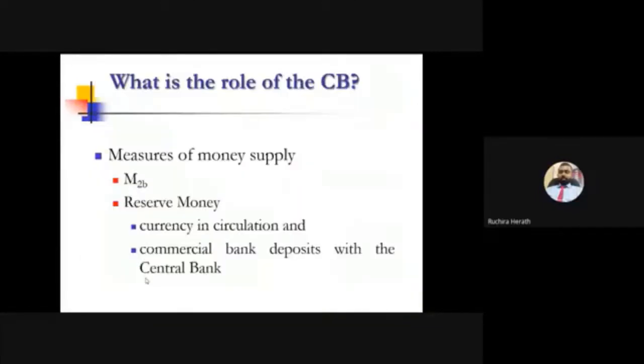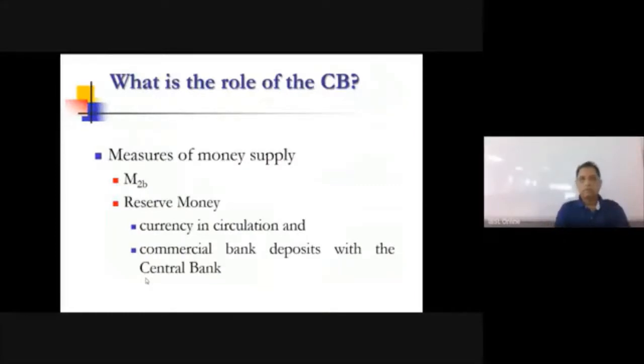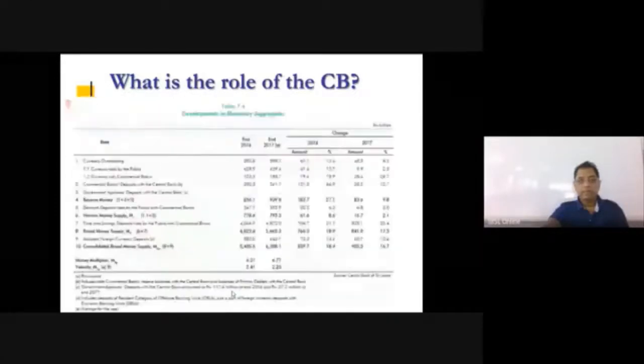Okay. Right. So, like I said, one of the roles of central bank is to manage this money supply, to make sure that the currency in circulation and the deposits in circulation are in line with the amounts that they perceive to be sufficient for the economy. Slide 43 is a table from the Central Bank of Sri Lanka annual report,